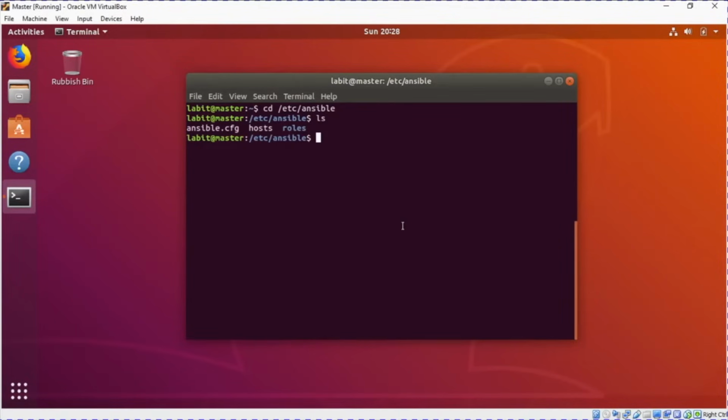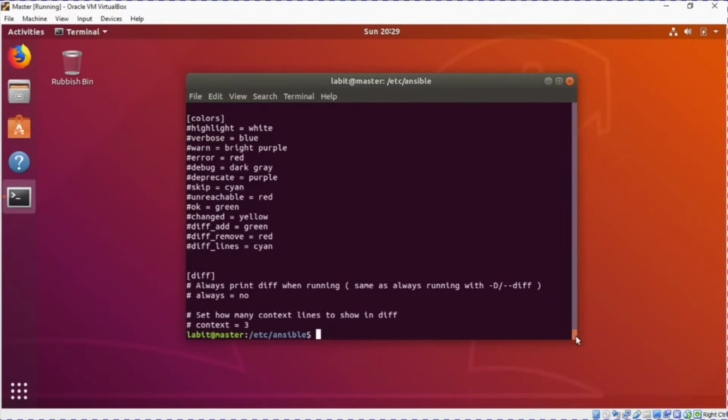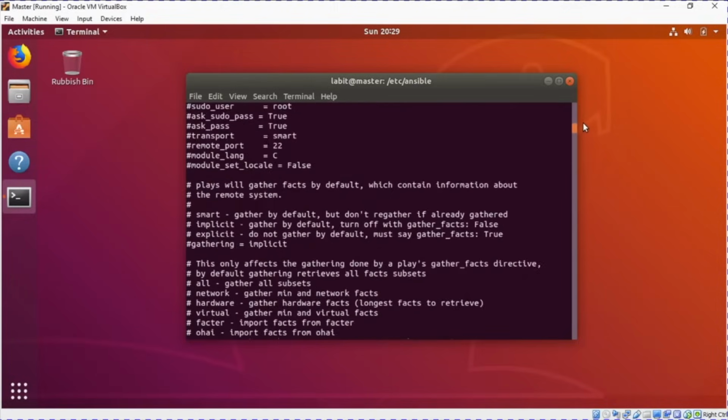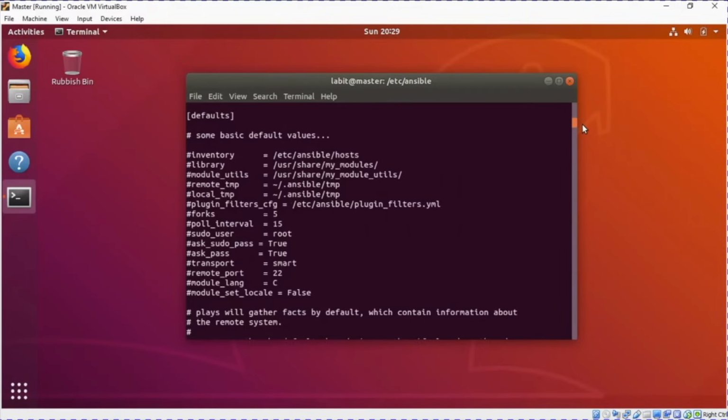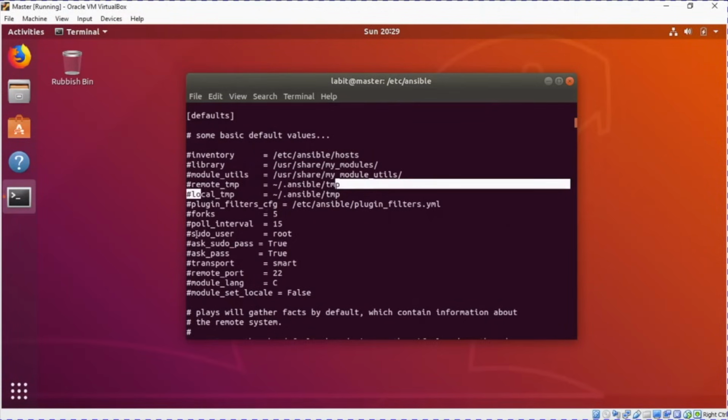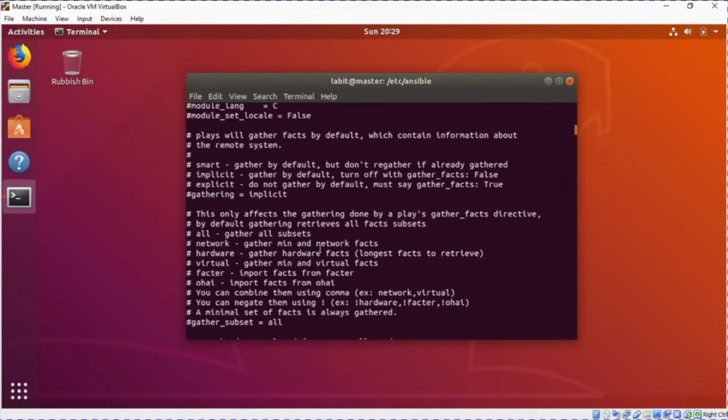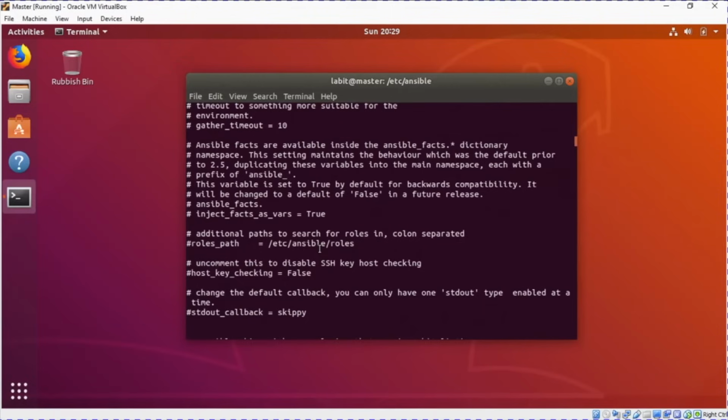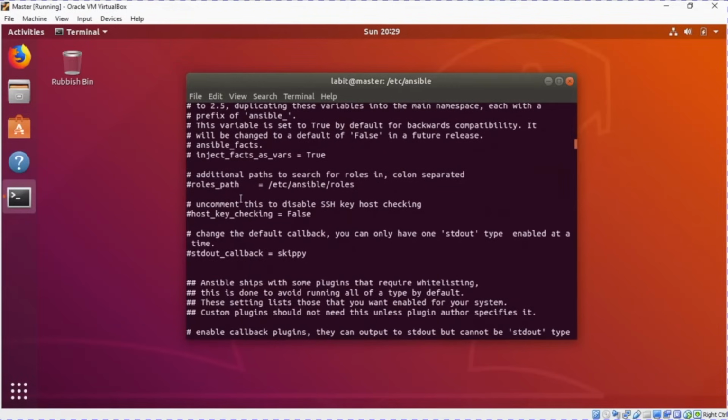We'll talk about roles in a later section. Now let's do a cat on ansible.cfg. Let's go all the way up. Now this file contains all the configuration values. So for example, it contains the location of your host file, your temp directories, what user it will use when it tries to become sudo, the polling interval. It also contains information like the path for your log file, path for your roles file,